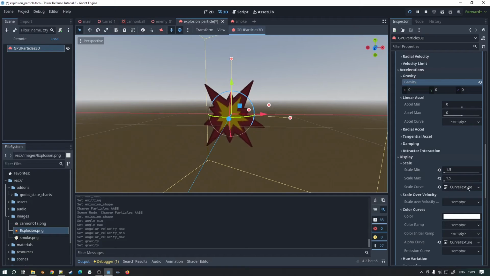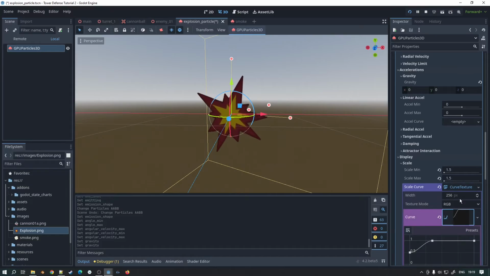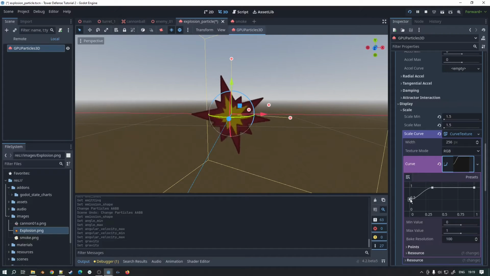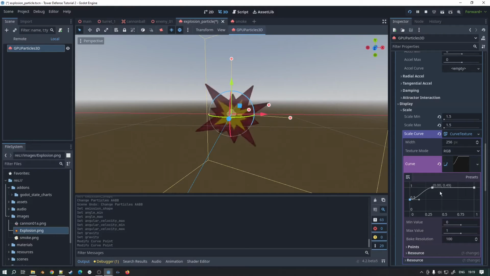Okay. And you can see here there's a scale curve. If I have a look at this here, what you can see is it starts at half size, and then it goes up to 1 and stays at 1. If I just set it down to 0, hopefully it'll start. You can see it starts from nothing. Do you know what? I almost like that. The reason I don't want to keep that is because I think by starting at 0.5, it hides some of the sins that are going on behind it. So I'm going to keep that at 0.5 there,